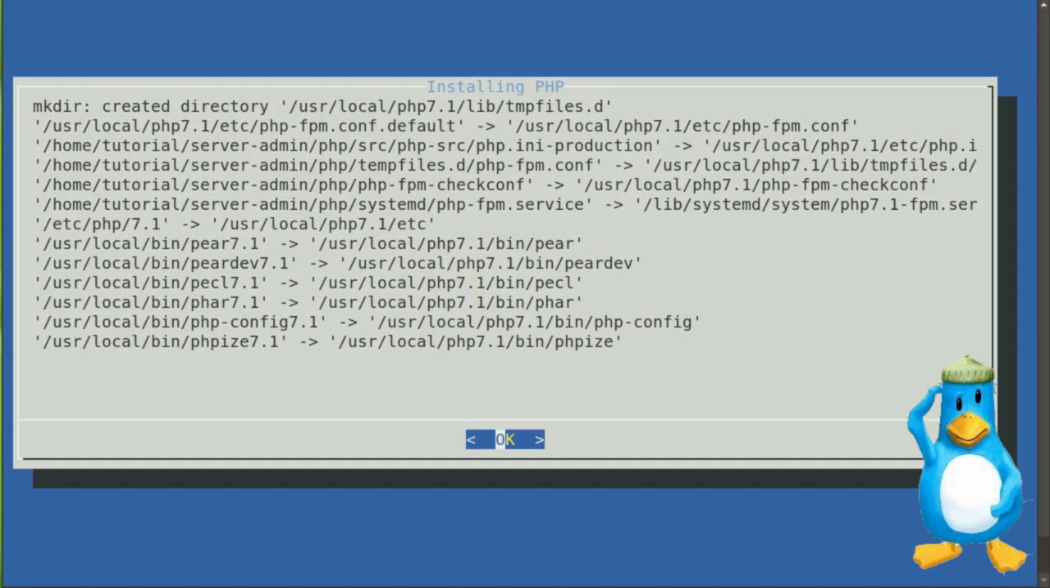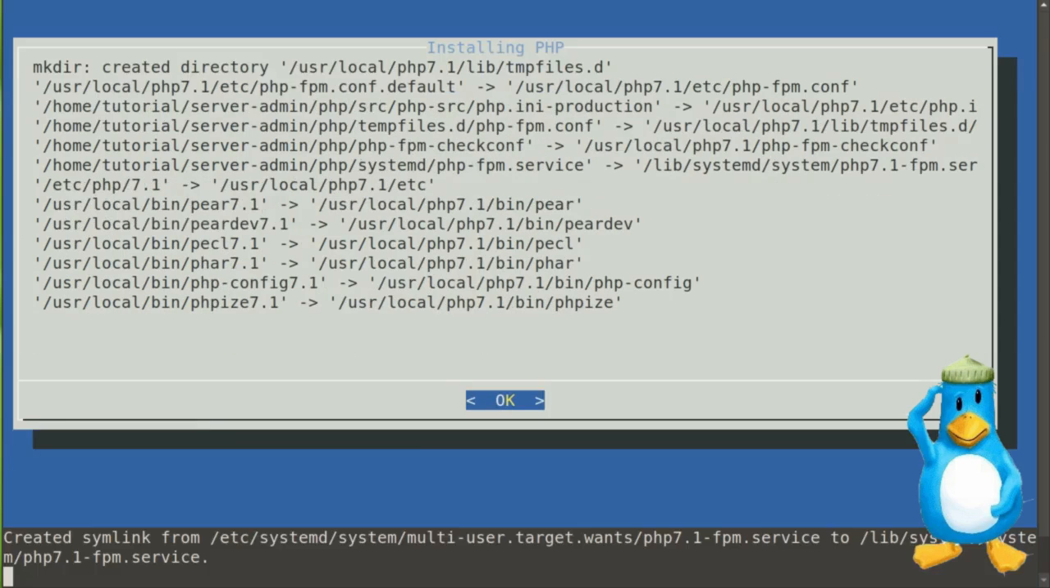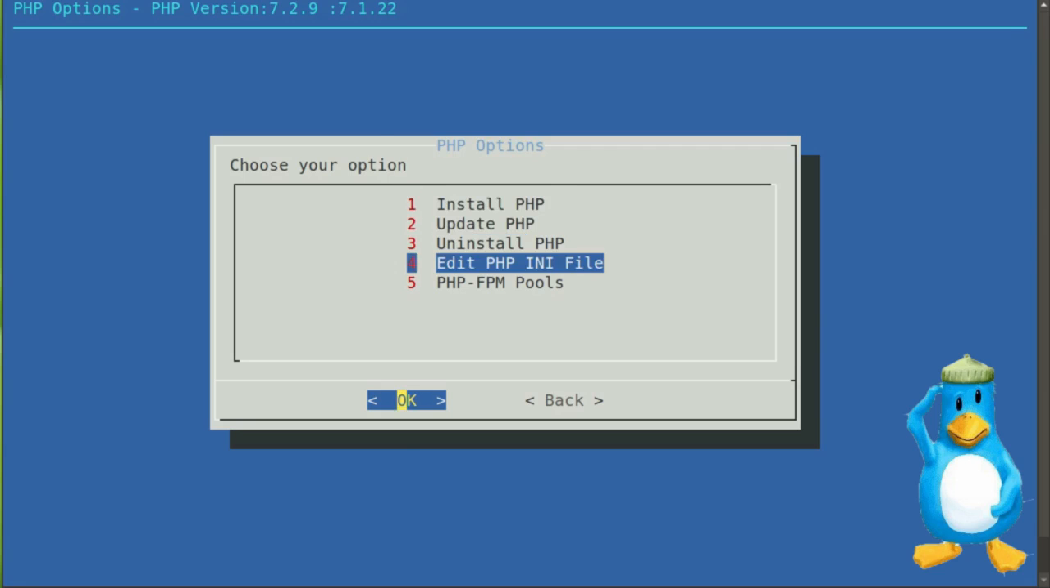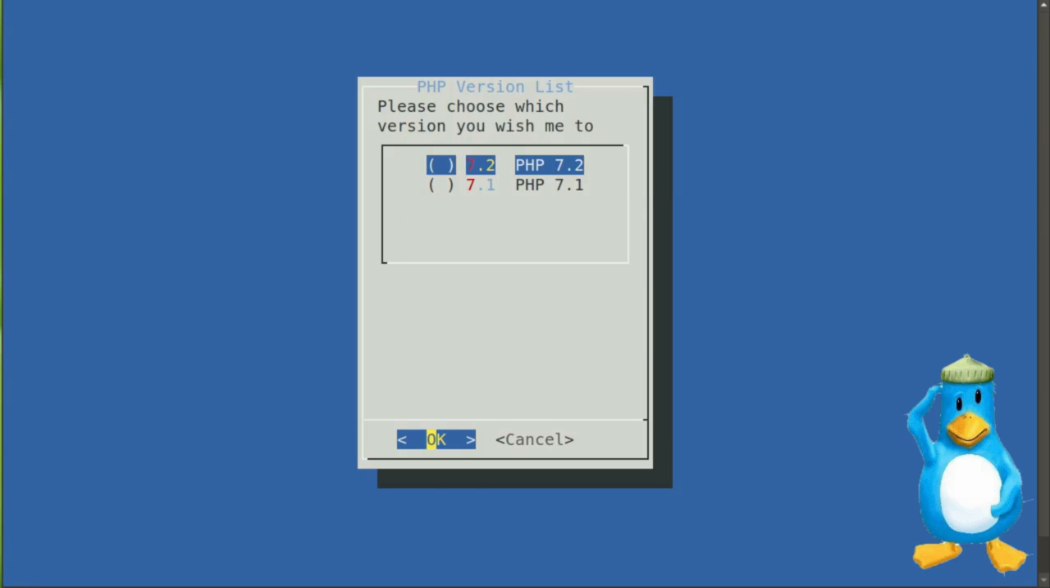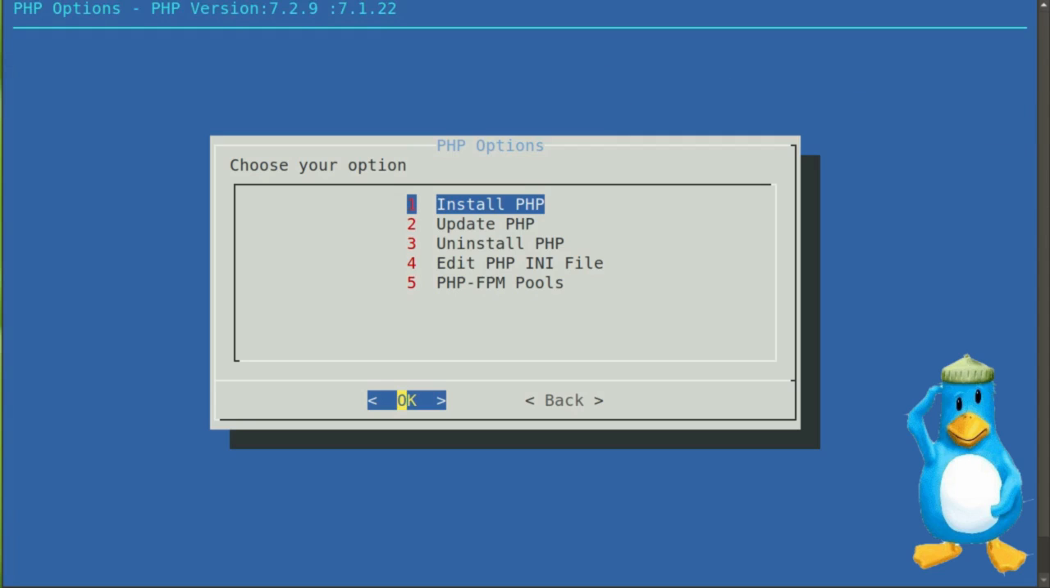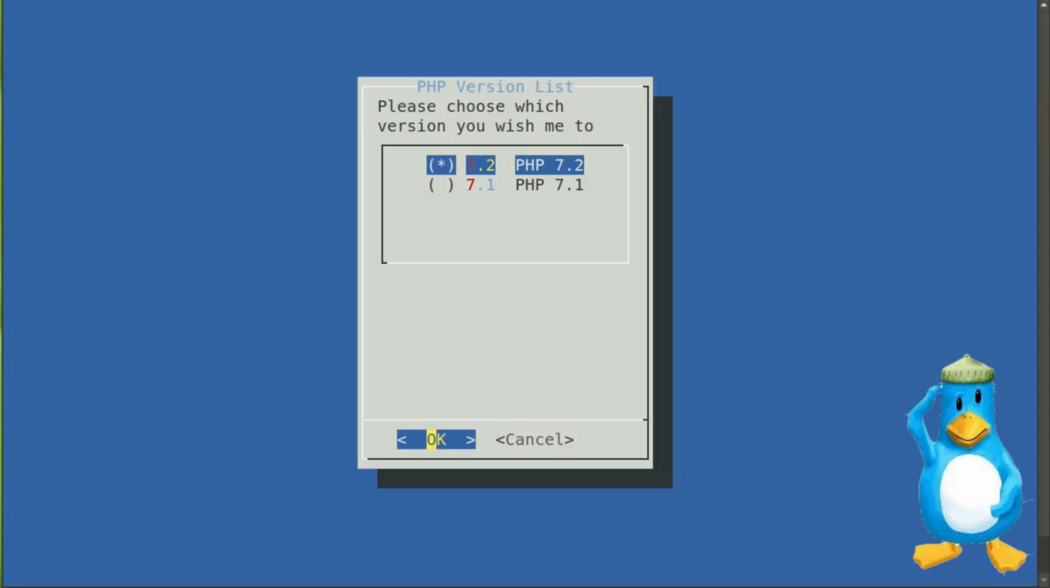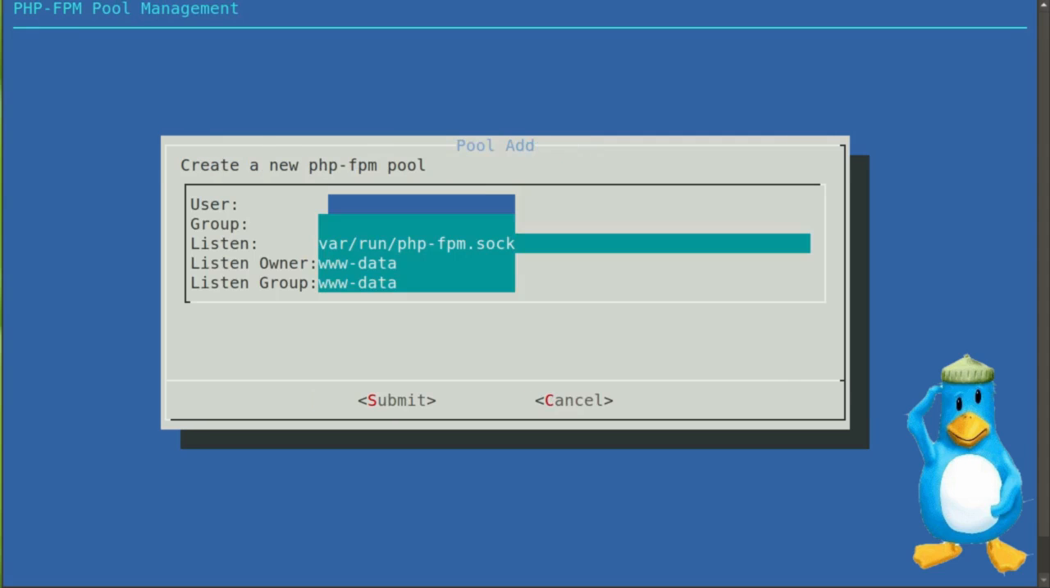Okay, welcome back, and now we'll just say OK for that and set up our FPM pool for this version, and we select 7.1 because we've done 7.2. Oops, sorry. So we go back, forgot to select it with the spacebar, so press OK, add the pool, and tutorial, tutorial is our username. Use your username that you've set up and submit that,